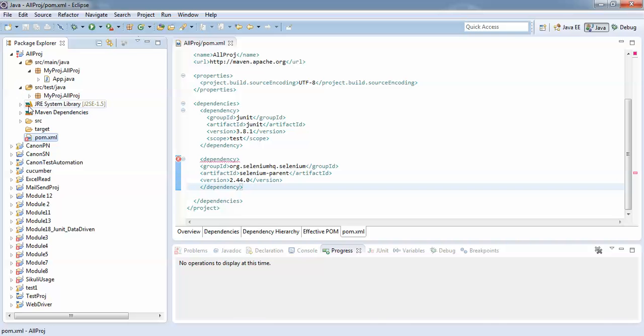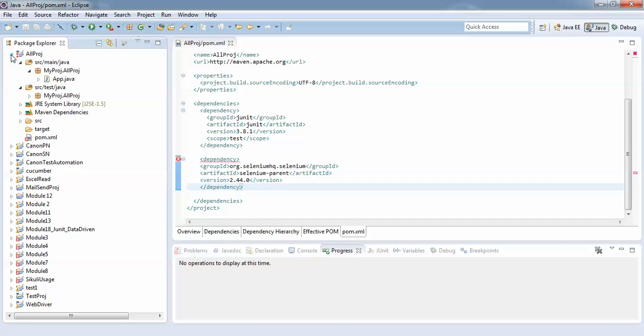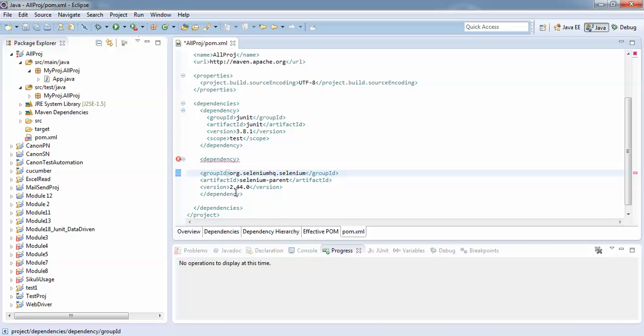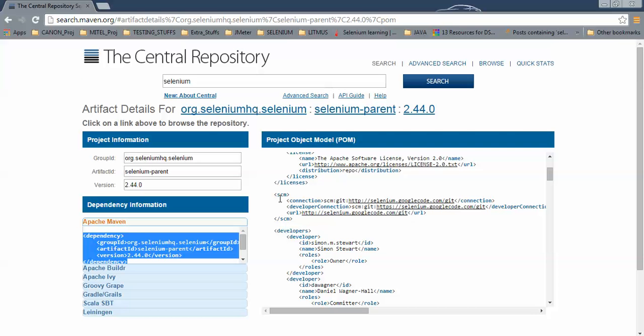So once you do that, this is giving a problem with the parent. Let me search it again.